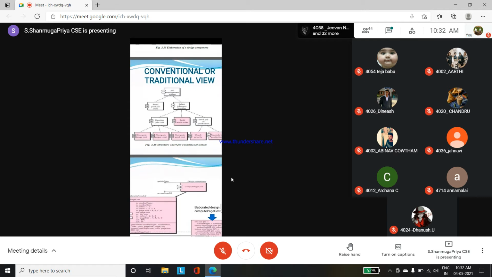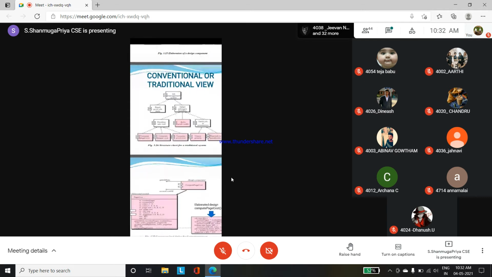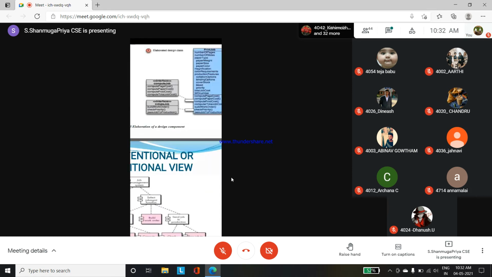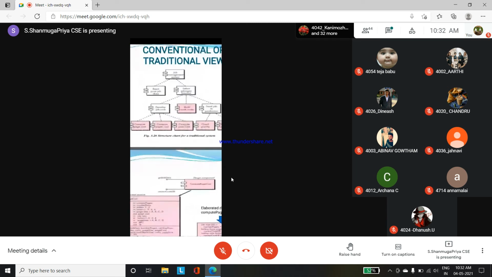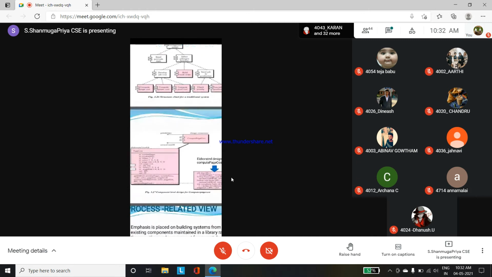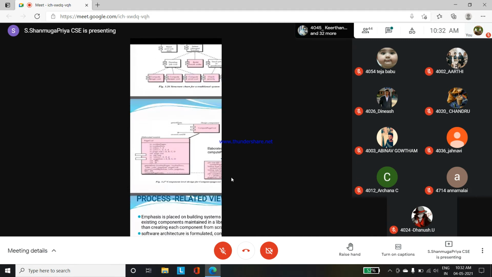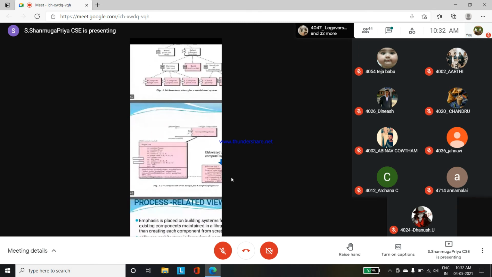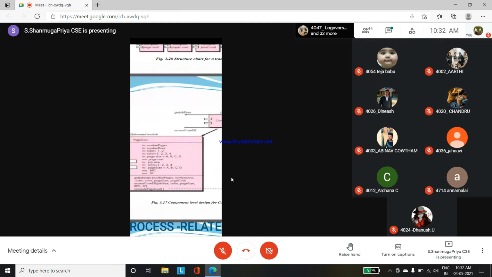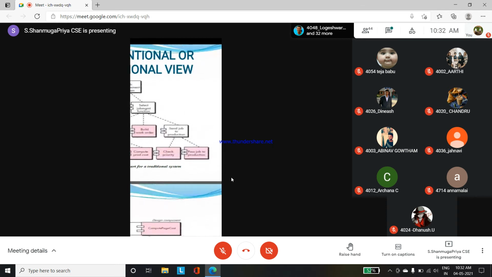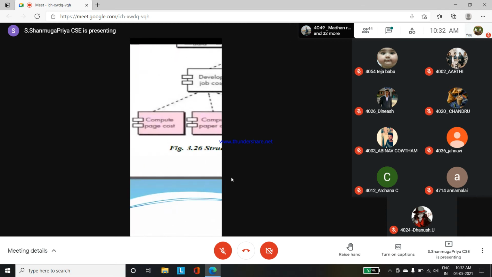Here they used one more concept, like if they are going for the elaborated design process. In the elaborated design process, how will the view look? That one we can also draw like this. See here, the elaborated model. I want to go to some page cost. See here, page cost. Page cost is a separate function, right? So see here, we have compute page cost. So I have to use it as a separate function.